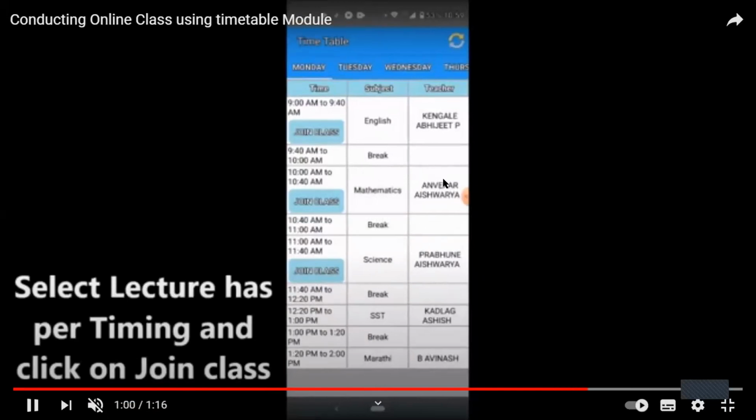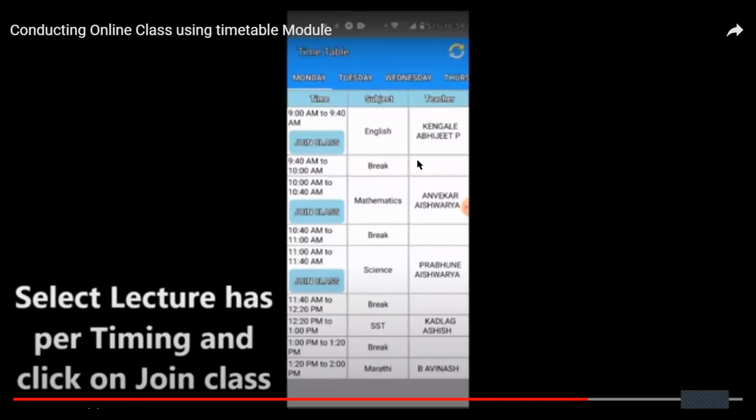Like I said, the biggest advantage is you do not have to share any links with students every day. It feels much more organized on both the teacher as well as the student side. They see they have a proper timetable and they have to follow that. And more than that, we as a school, as an admin or principal, have detailed logs of all the online classes that happen. So I'll walk you through how the setup is done.